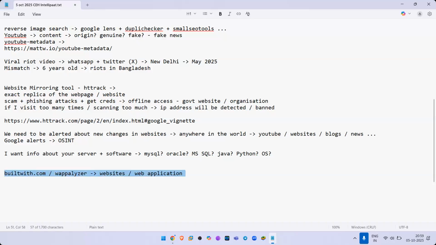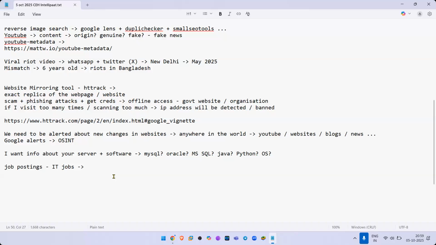Correct answer. Very good answer, Adarsh. How will you get the information? From job postings. Why job postings? We'll go to the IT jobs, go to the website of your victim, and search for openings for somebody who knows MySQL. What does that mean? They are using MySQL in the company. We are looking for a MySQL person with 7 years of experience, or 5+ years of experience.